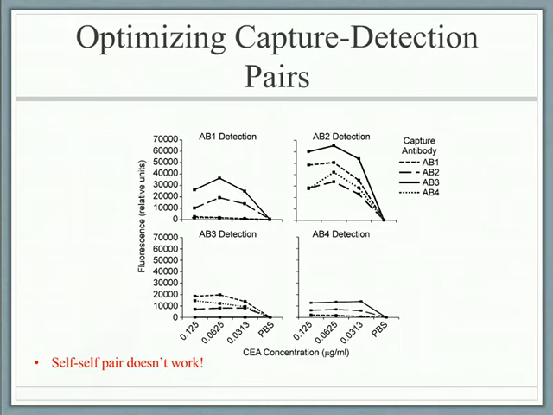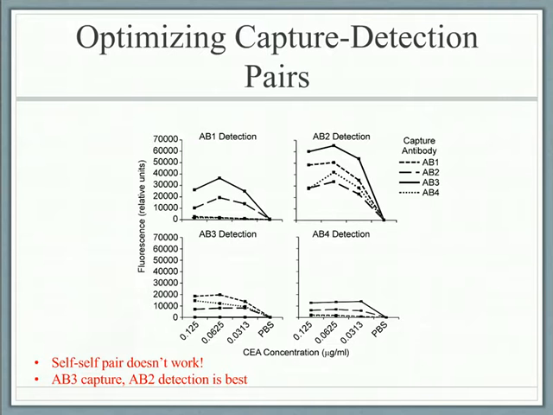And as is well known in developing sandwich assays, if you have a capture and detection targeting the same epitope or a very close region, it's not going to work well as a pair because they compete for the same place on the protein. So that matches up with what we see here, and then we can simply look at the range of concentrations and the shape of the curve as to which one works best. And from this, it looks like using antibody 3 as capture and antibody 2 as detection works best.